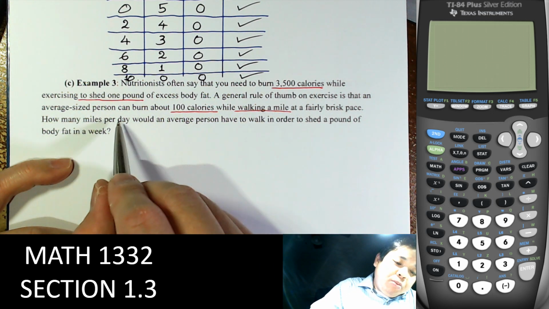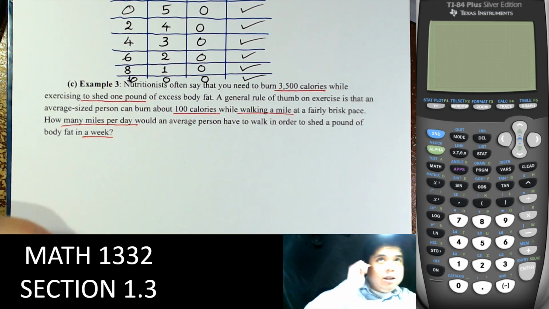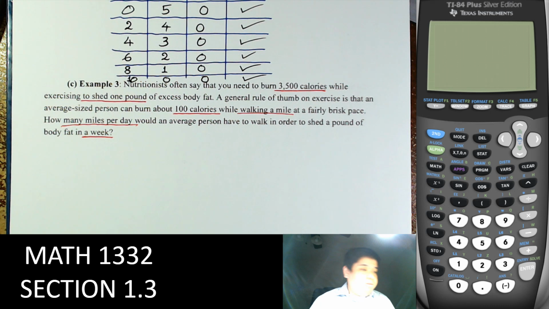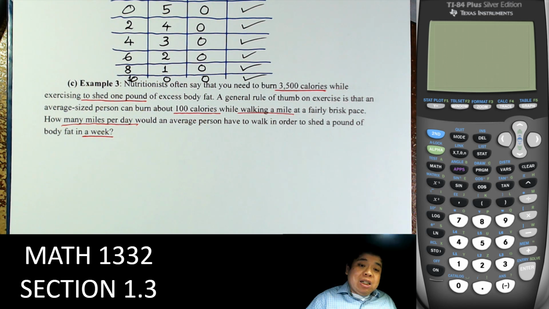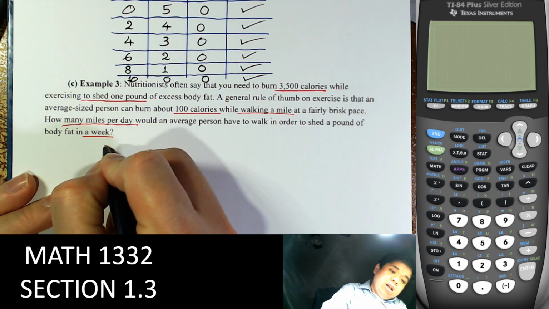And how many miles per day do you want in a week? Assume a week is 7 days, so exercise on the weekend as well. Alright, so we start with 3,500, right? We need 3,500 calories to lose 1 pound. So we start with 3,500